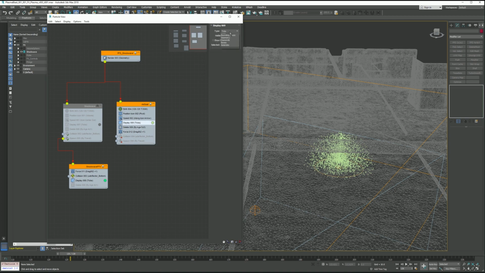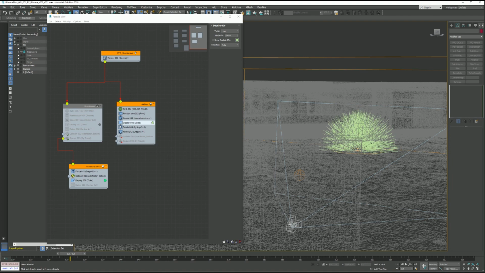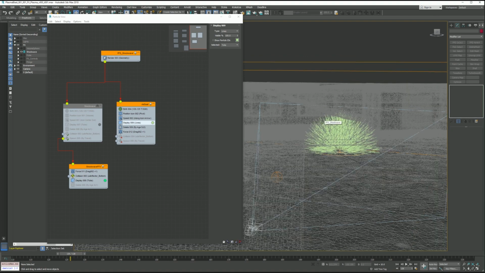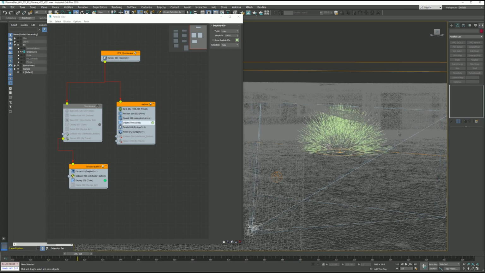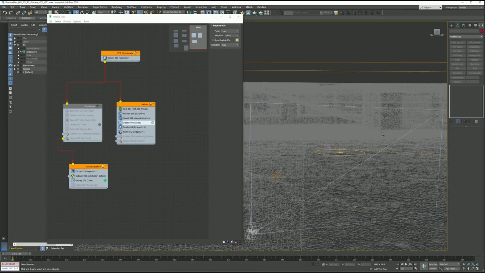I'm going to change the display to lines. So I don't need anything that complicated. I just want something that just bursts, okay? Like that. That to me is great. I'm kind of tempted to,